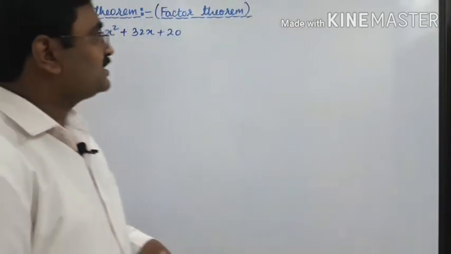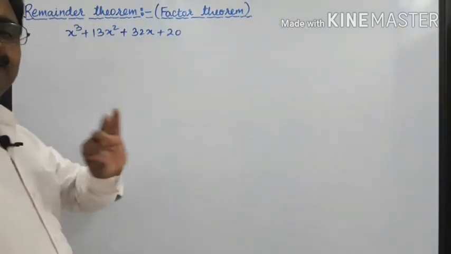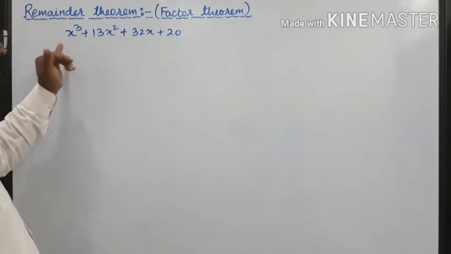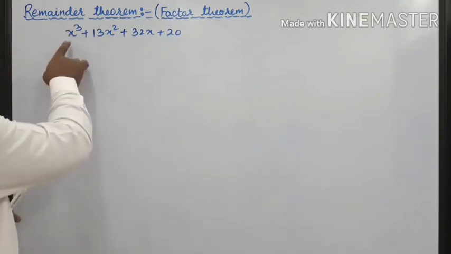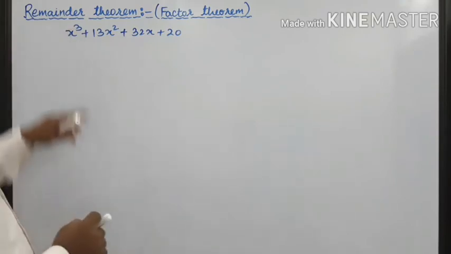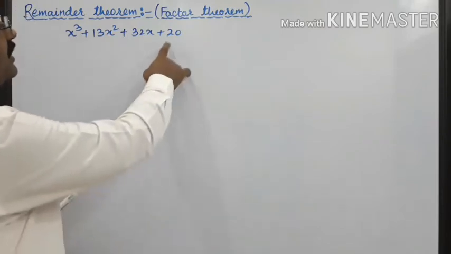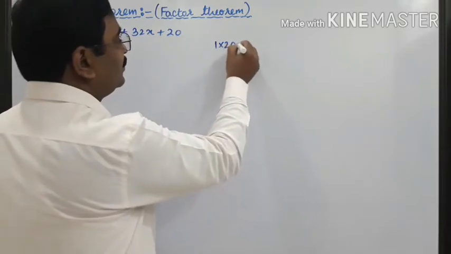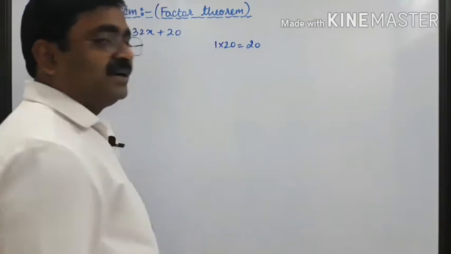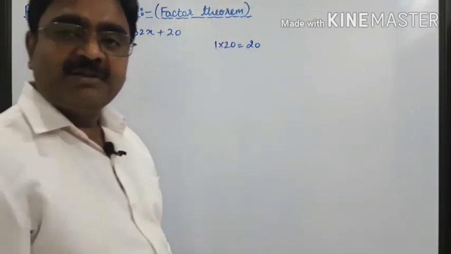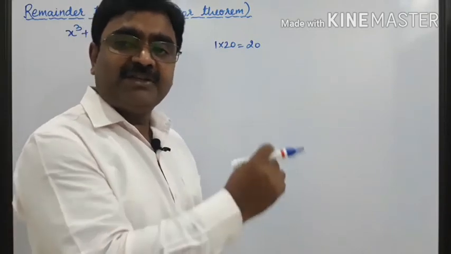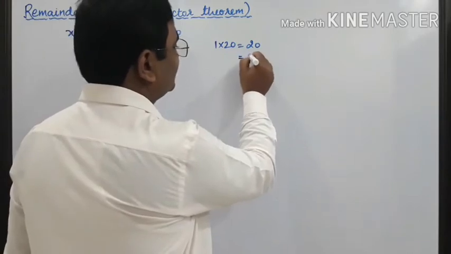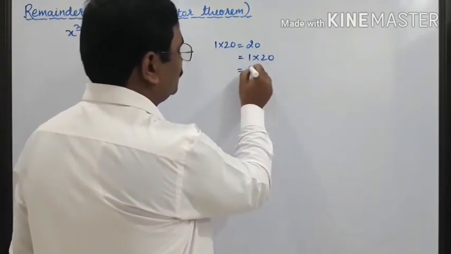To factorize this cubic polynomial or any polynomial, you have to multiply the coefficient of the highest power of the polynomial, which is x cube, and the coefficient of x cube is 1, and the constant term is 20. So when you multiply 1 into 20, you will get 20, right? Now you have to find all the factors of this 20. So 20 can be written as 1 multiplied by 20, 2 multiplied by 10,